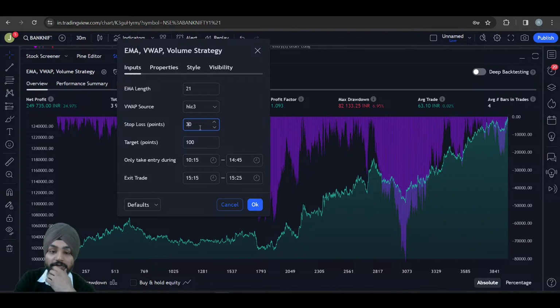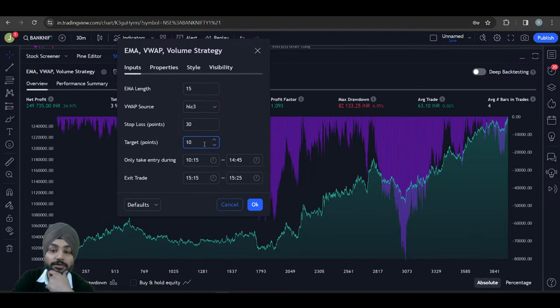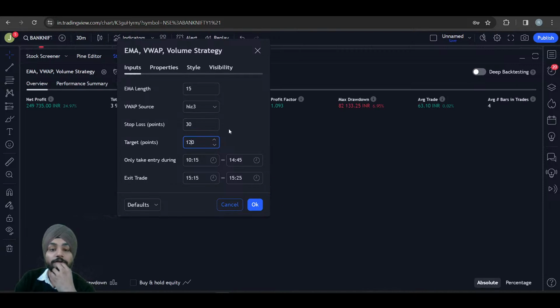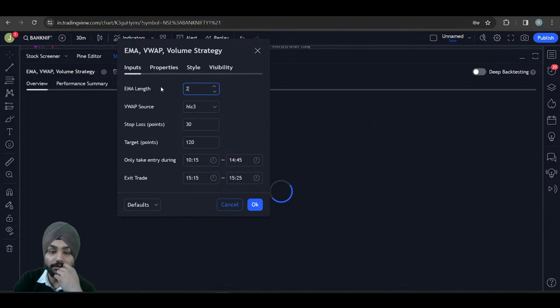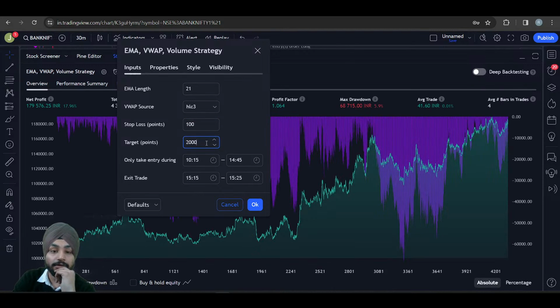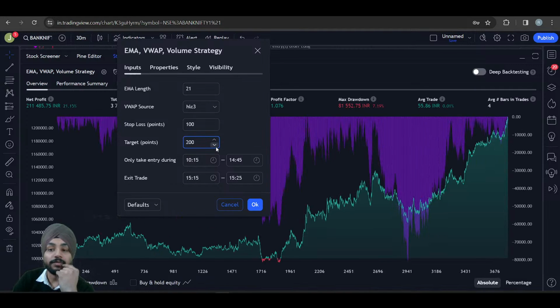Maybe stop loss shift is higher. I can use like 30. Change the EMA value to 15. Let's take more profit rather than saying 1:2. I will just take 1:4. Drawdown decreased. Let's just get back to the original strategy, which was 21 and 100, and the target was 200. All right,